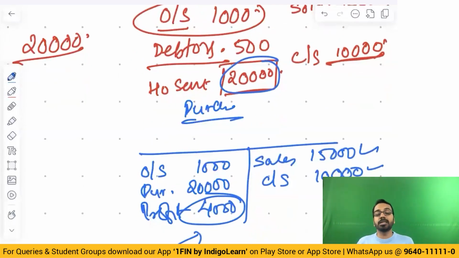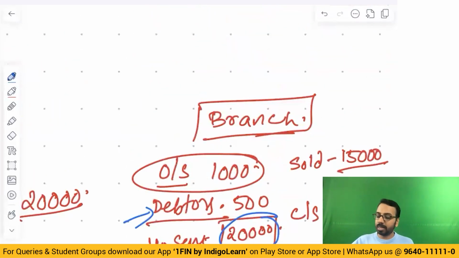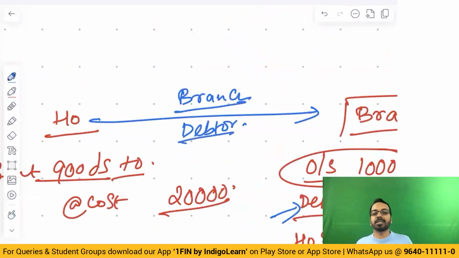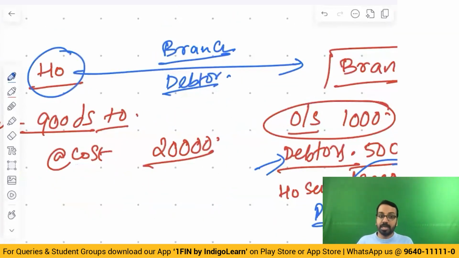Now, because the branch is not maintaining independent records, the head office calculates this profit of 4,000 by using something called the debtors method. When I say debtors method, I am not referring to the branch debtors. Head office treats this branch as a debtor. Head office simply says, branch, you are like my customer or my debtor, meaning you have to pay me money. Why will the branch pay? Because head office has sent goods to the branch, sometimes cash to the branch,